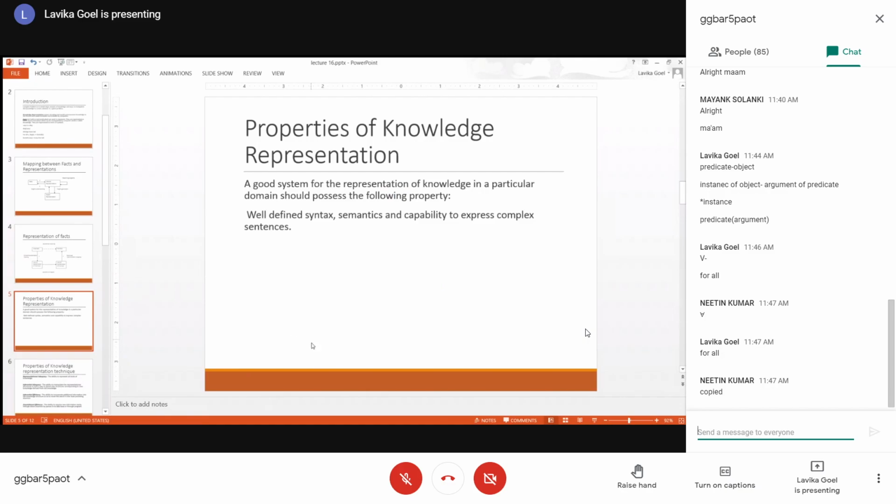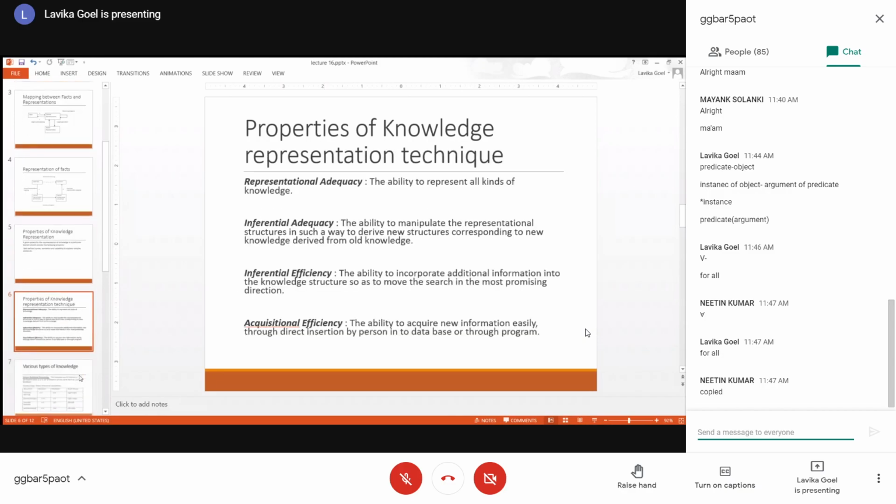So a good system for knowledge representation would have a well-defined syntax, semantics, and a capability to express complex sentences. Right? So it will have a capability to express very difficult sentences also. So you have 4 properties of a good knowledge representation technique. Those 4 properties are representational adequacy, inferential adequacy, inferential efficiency, and acquisitional efficiency.